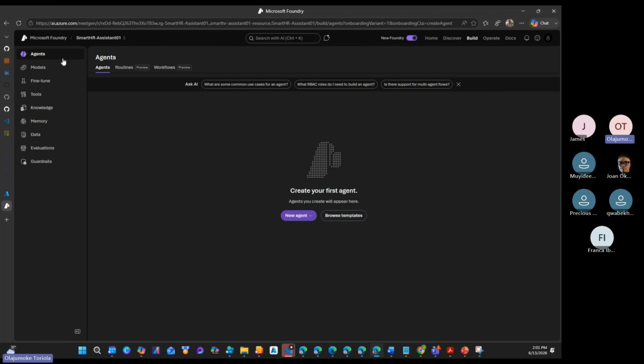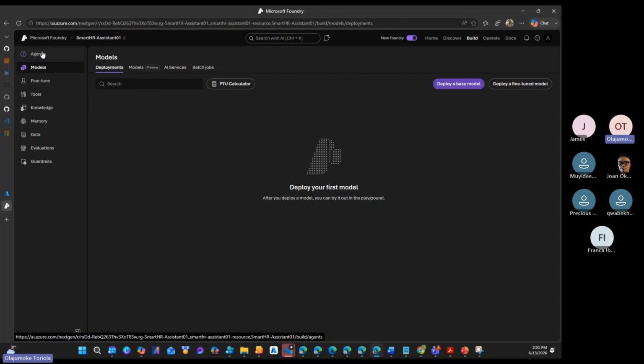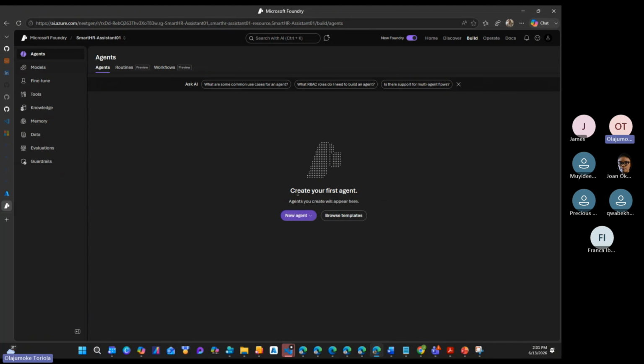So if you look at these models that I have, we have the agents, right? And then you have the models. The first thing I want to do: if I say I want to create an agent, it will give me the option to create a new agent, build an agent, or code an agent. I can build your agent in Foundry. I can code an agent, that is, you create your agent with code in any framework, and then host it in Foundry. Those are the two ways.